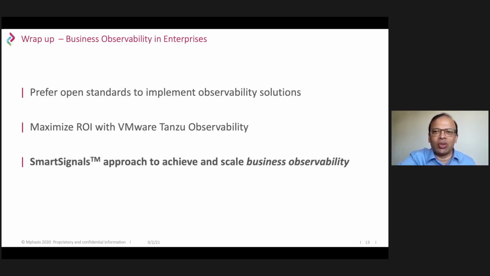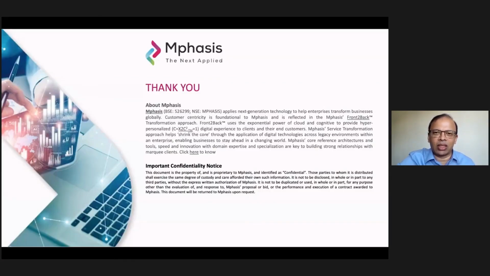Just to leave you with three key points that we have learned over a period of time: first, always prefer open standards-based solutions. They are good for the long run. Second, Tanzu Observability makes a lot of that very easy by building enterprise-scale observability. And the last thing we have learned is that it is always very efficient to connect your decoding of signals to automated resolution. The more you do that, the more autonomous self-healing capabilities you build into infrastructure, and then you start moving from monitoring infrastructure assets to monitoring and maximizing business availability and value. Thank you very much for your time, and we'll conclude with that today.